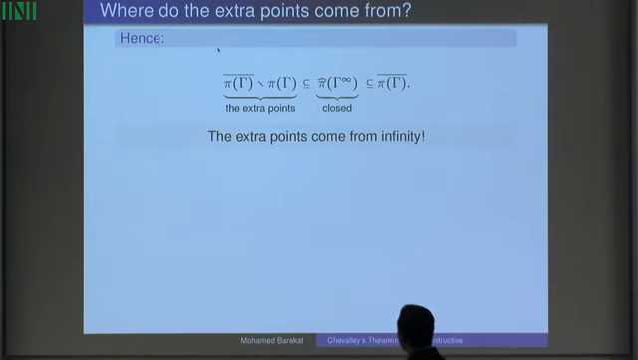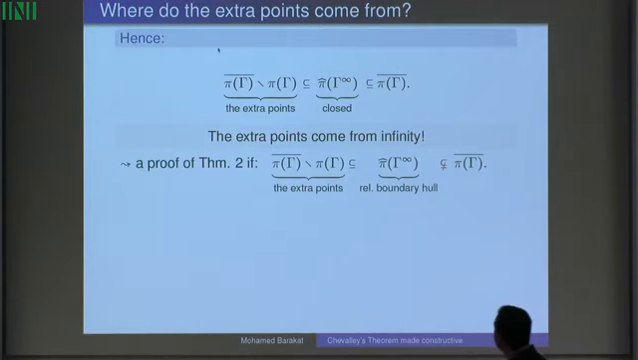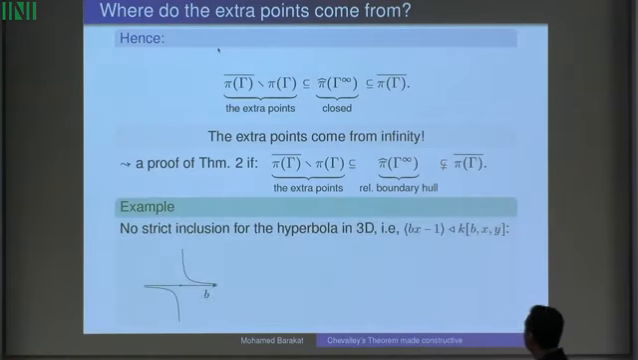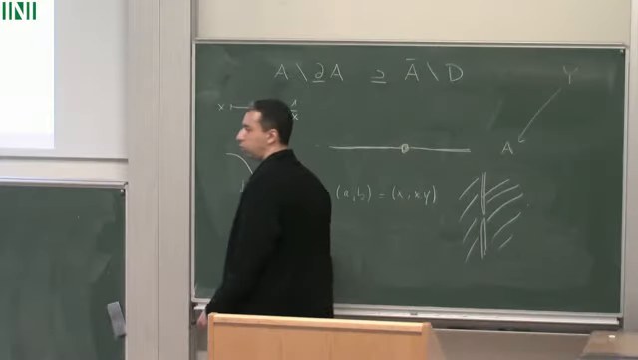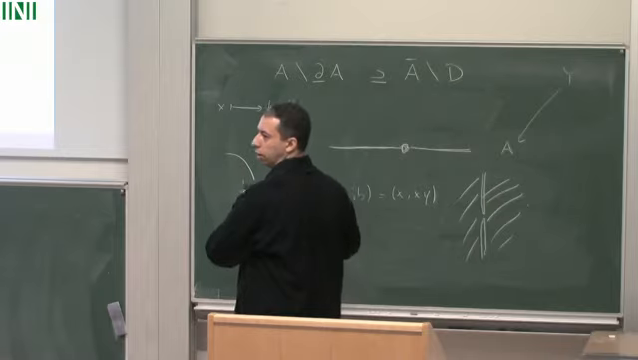And indeed, we would have a proof of theorem 2 if this last inclusion here were a proper inclusion. Then we would have exactly the definition of a relative boundary hull. Right? And now, where's the problem? The problem is that if you take exactly the same example, but now view it in 3 dimensions instead of 2 dimensions, you now take the hyperbola